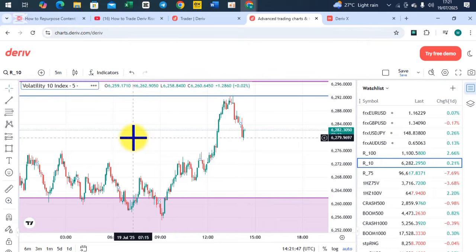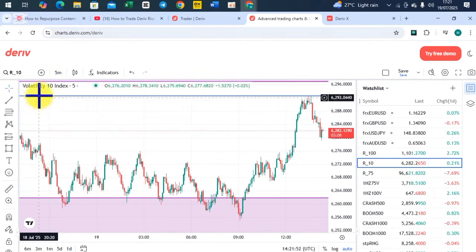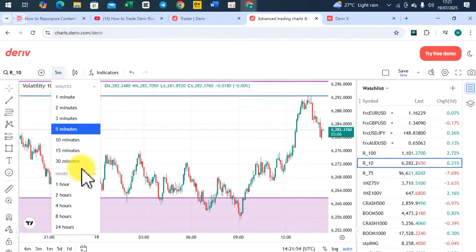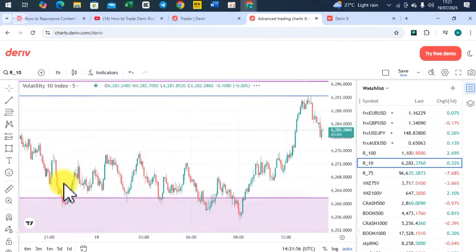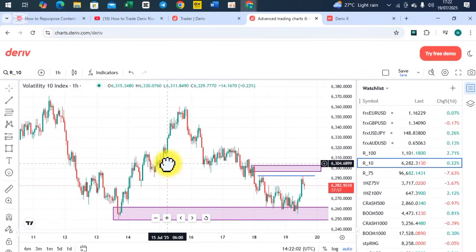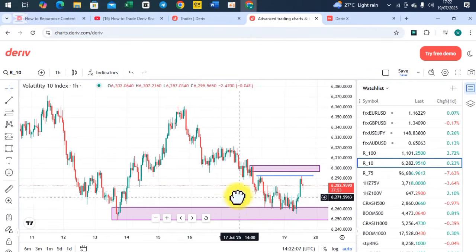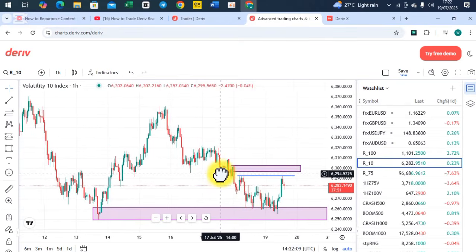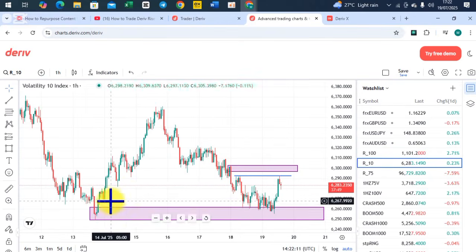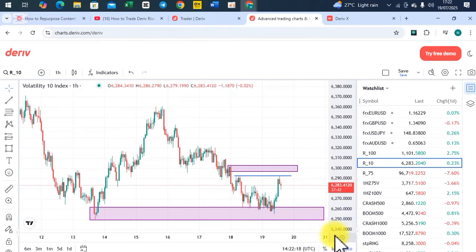I've been exercising this before making this tutorial, so you can even make your analysis. For example, if I go to 1 hour, you can begin your analysis from a higher time frame, then you take your entries on lower time frames. Okay, this is having the same ideas with that of safeties we've been trading. So I hope you will love this one. So you can see this price is from the support, and you can see this bullish candle. So the current candle, which is this one,